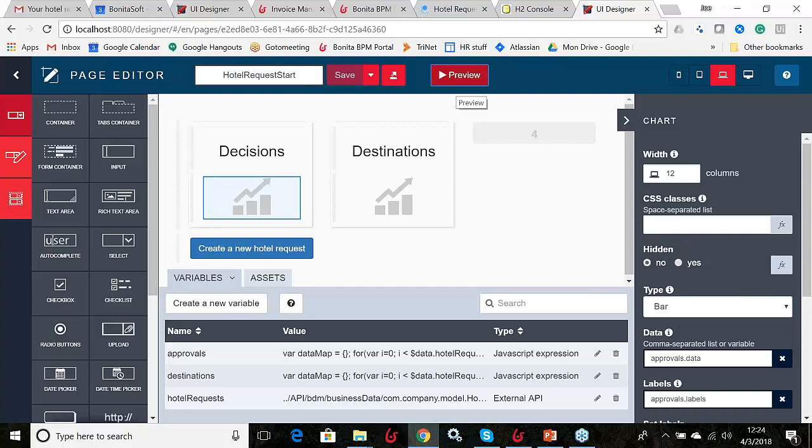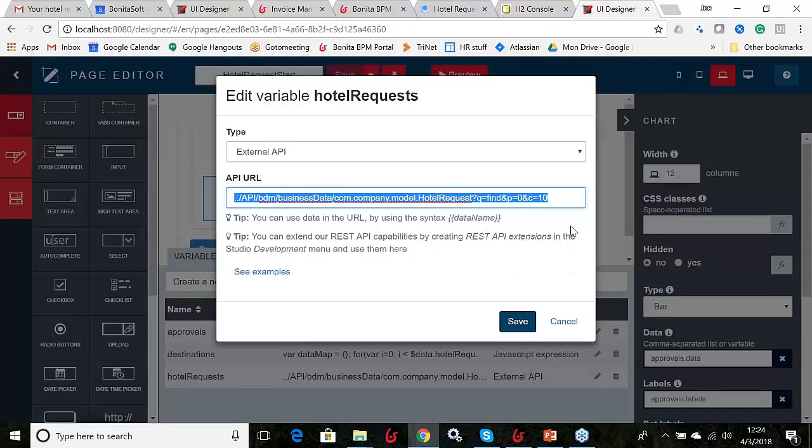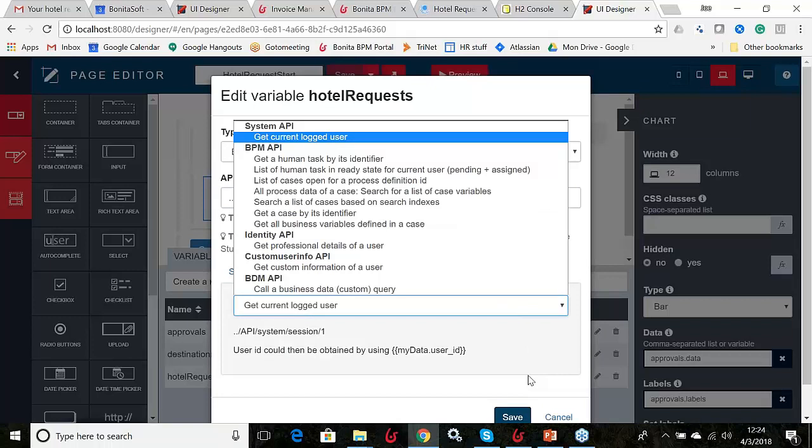Now, I did mention before we take a low-code approach, and what you see down here is that low-code approach. So how did I get that data into these two charts? Well, first I had to make an API call. This is a REST API call. We do have several well-documented web pages that will allow you to see all the REST APIs that are available. We also provide some examples as well, some of the more common examples, and one of the common examples is to